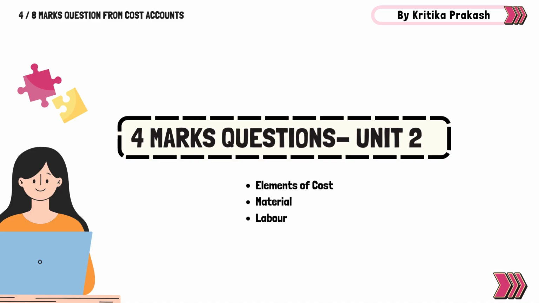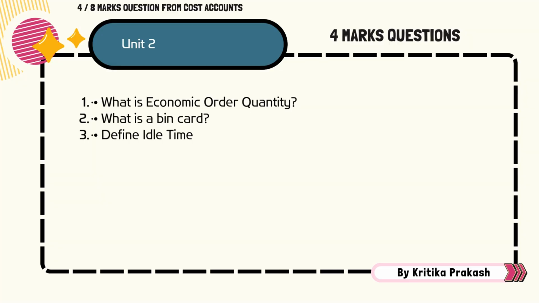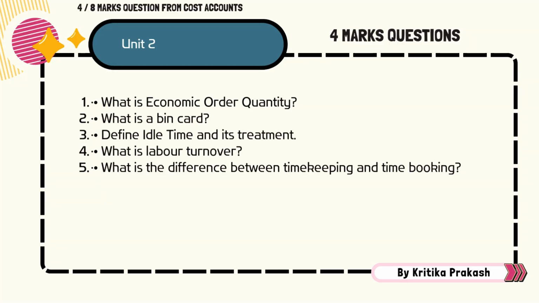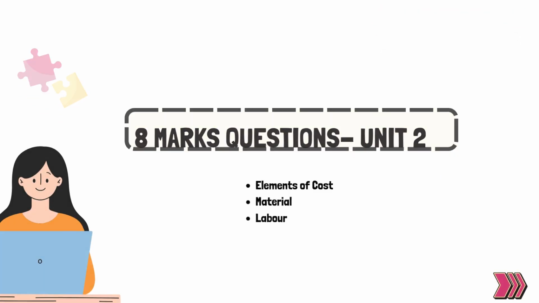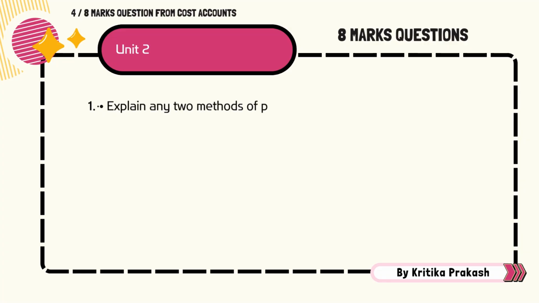So the popular 4 marks questions asked from this unit are: what is economic order quantity? What is a bin card? Define idle time and its treatment. What is labor turnover? And what is the difference between timekeeping and bookkeeping? The 8 marks questions that are popularly asked from this unit are: explain any two methods of pricing material issues,